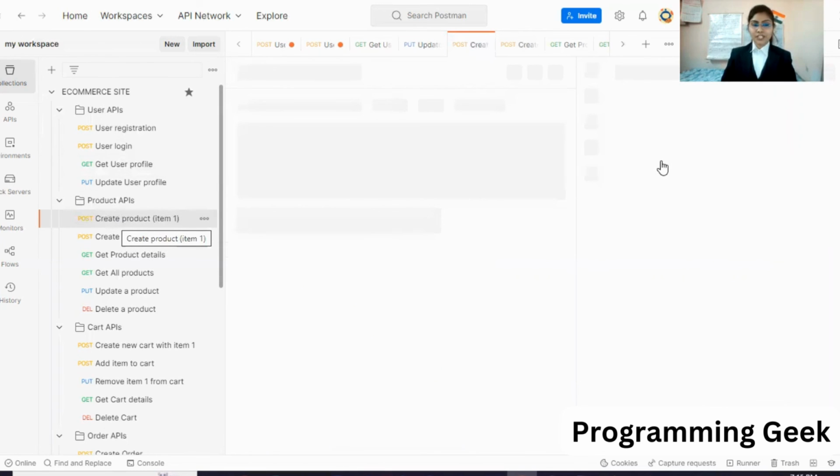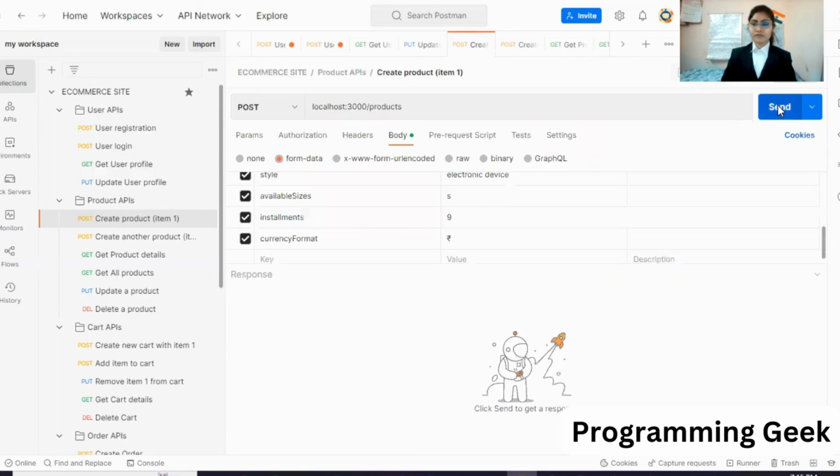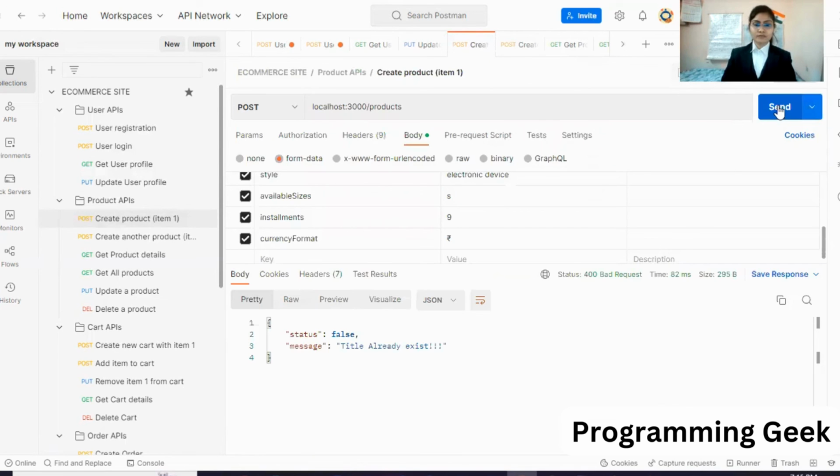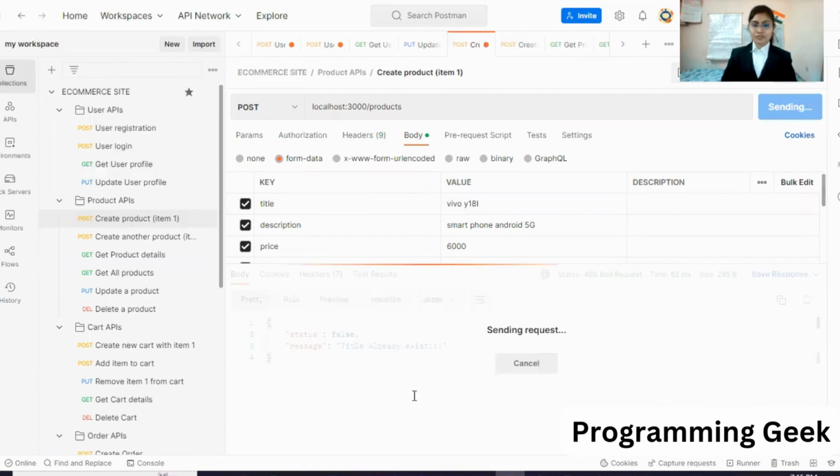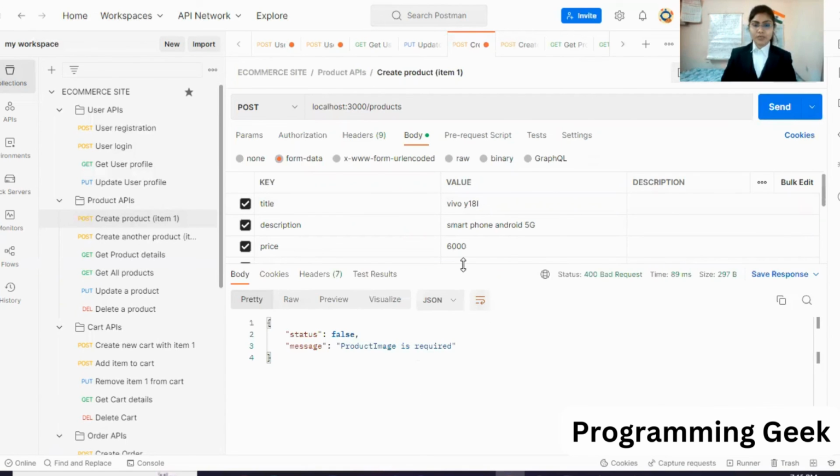Then for product creation, I use this API. Okay, because the data title is different. That's why the product image is required.